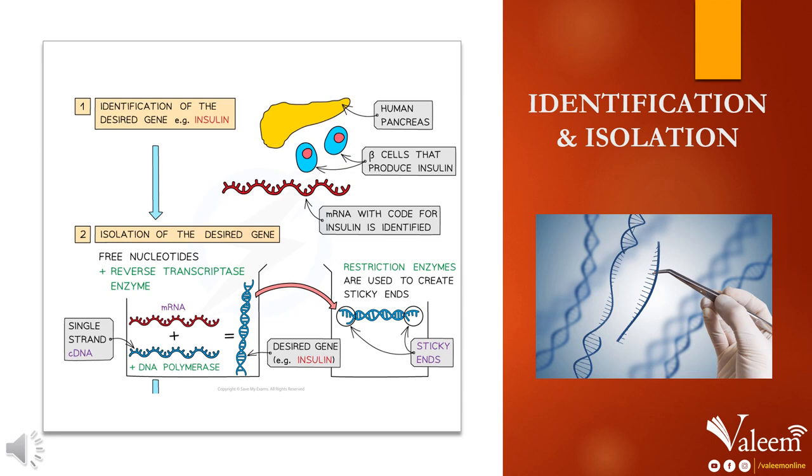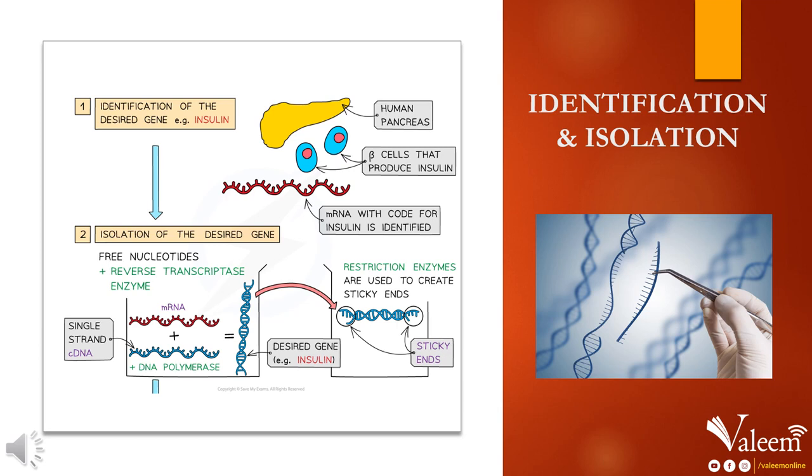So it is a visual representation of the first step, that is identification and isolation. As we can easily see from here, in the first step, the identification of the desired gene, for example, insulin, is done from the human pancreas. Number two, isolation of the desired gene is done, and the gene is taken from the animal cell of the pancreas, and the gene which was taken from the animal cell was basically like a single strand of the